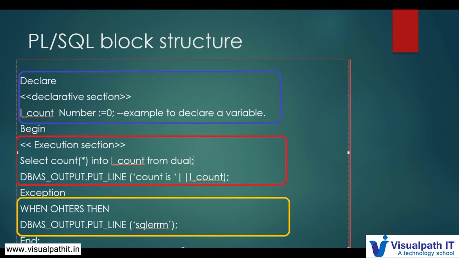If you explicitly want to handle an exception, you have to write it before this others clause, like WHEN ZERO_DIVIDE, then write the logic for it. We'll come to know that part later on, but as of now you have to understand what sections are there in a PL SQL block and for what purpose: declare, begin, exception